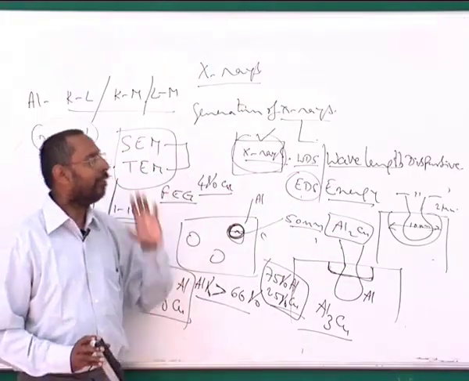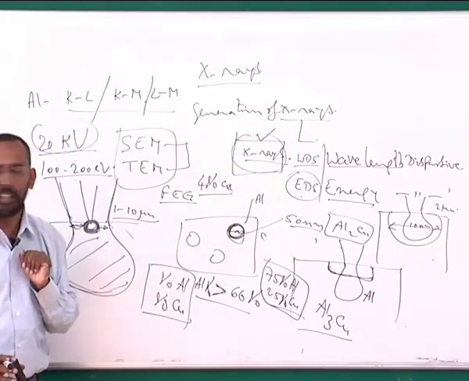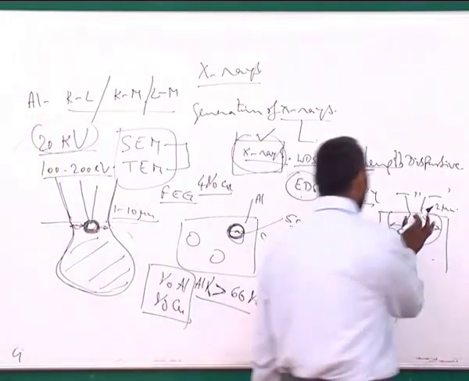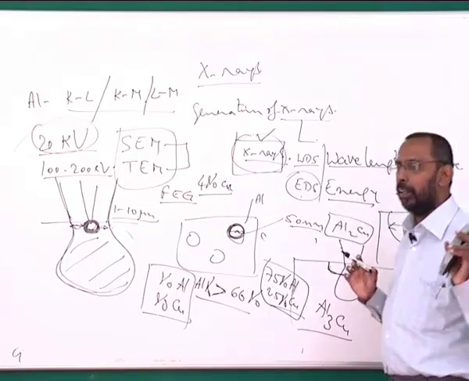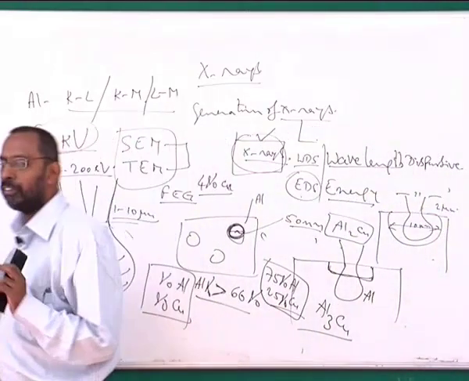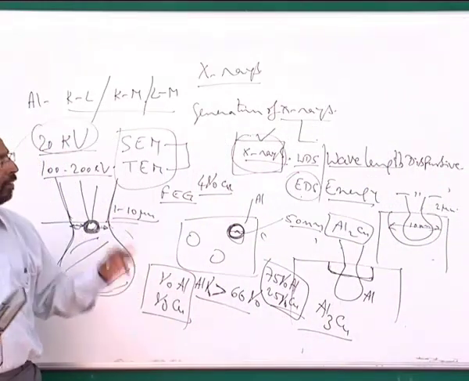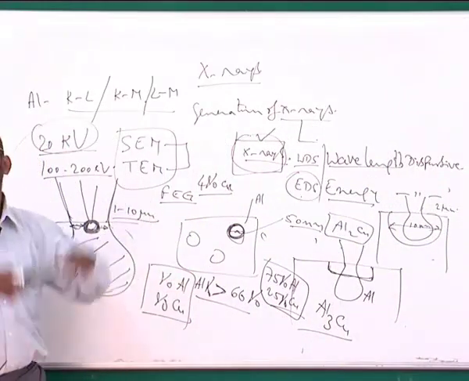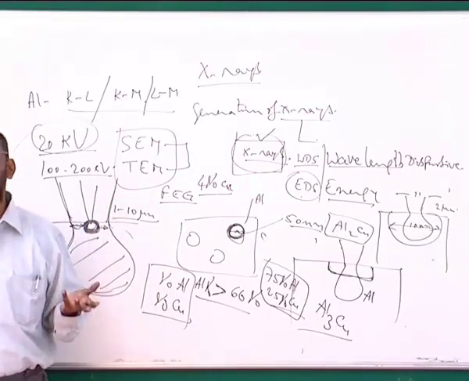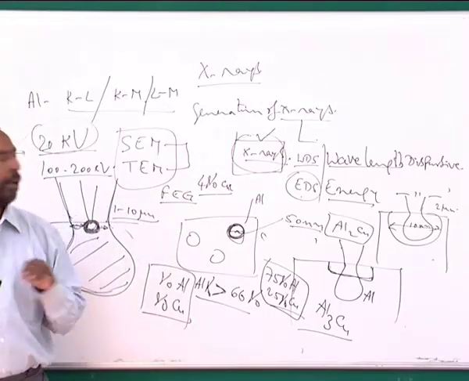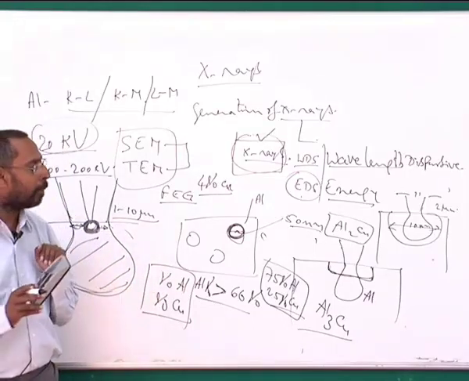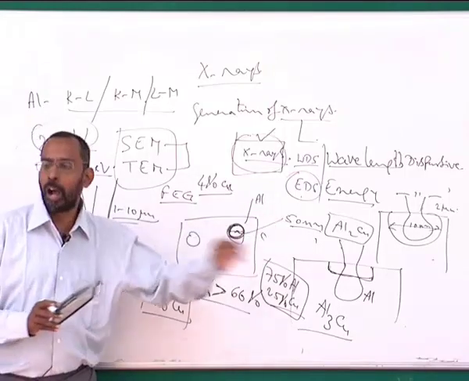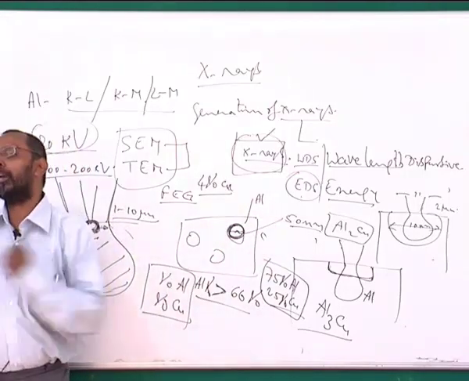Whenever we are analyzing, whether by EDS technique or WDS technique, I should make sure that my beam is as small as possible, so that the whole interaction volume is contained within the particle if I want to get the composition of the particle. If I do not have that situation, I will always get a composition which does not belong to the particle, but is a mixture of particle and matrix composition, and that will completely confuse me. Particularly if I have an unknown system, it becomes a real problem, because I might think that such and such compound is there, but actually it is possibly some other compound.